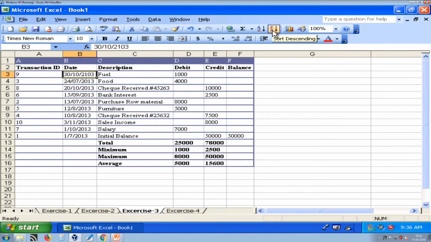Excel will automatically arrange your data into descending order of date. We need not do anything, we just click a button and it will automatically arrange the data in either ascending or descending order. For ascending order, you press the A to Z button, and for descending order, you press the Z to A button.